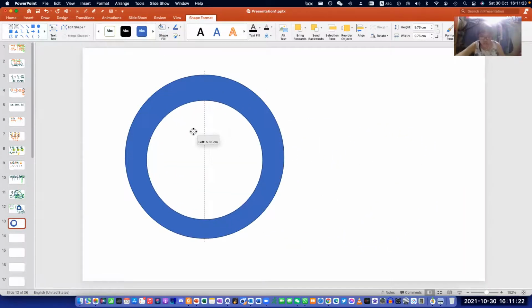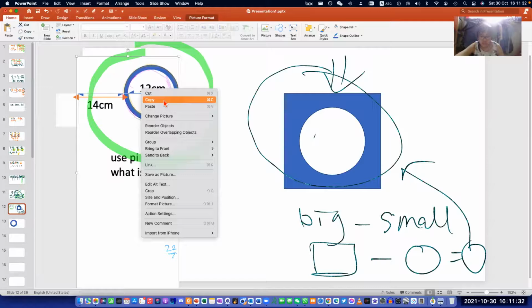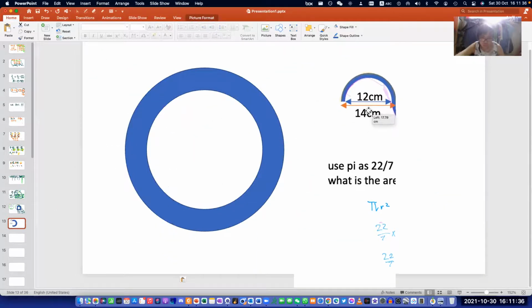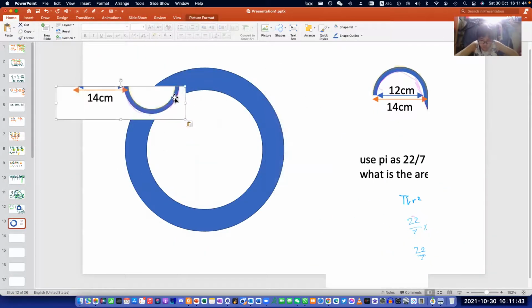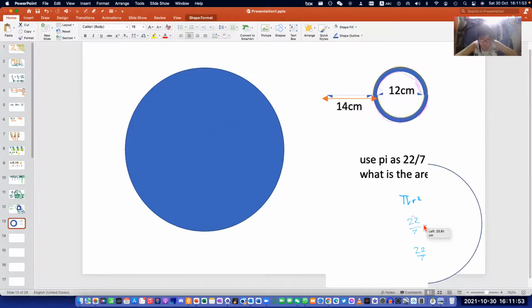How do you find the shaded area? Can you see it's similar? Yeah. So how do you find the shaded area? Find the bigger one, then minus the smaller one. Which bigger one? Can you see it's the same? I mean similar. These two? So you use the bigger one, which is the big blue circle minus the